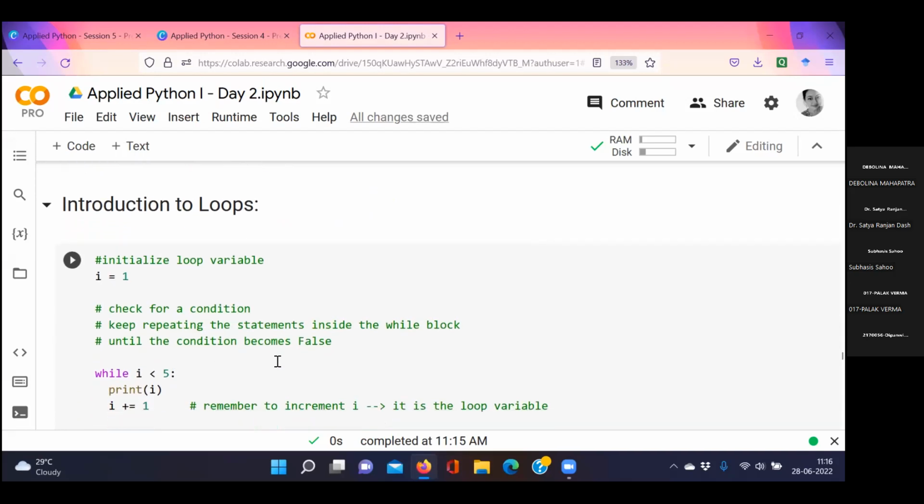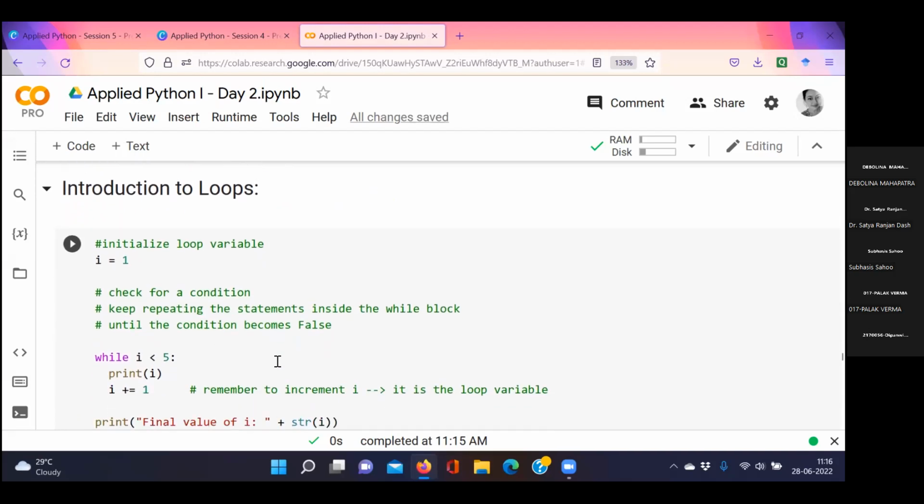Okay, so now we proceed to loops. Till now, whatever we learned related to functions, is there any query? Whatever we learned in your functions. Okay, so since no one is having any query or there's no response yet,